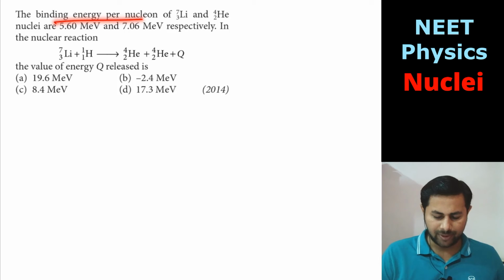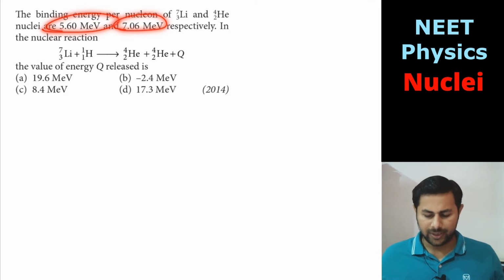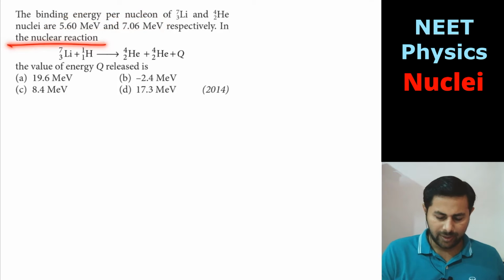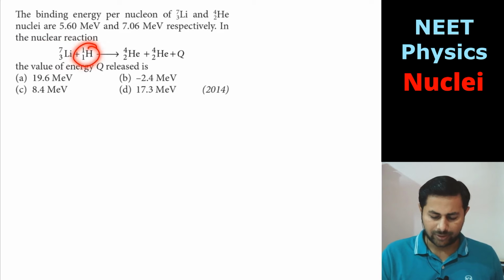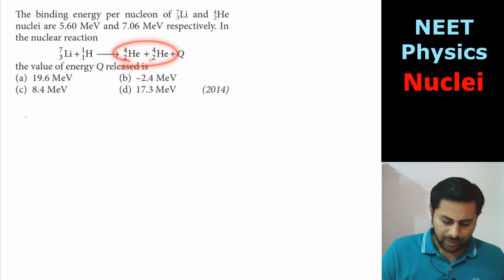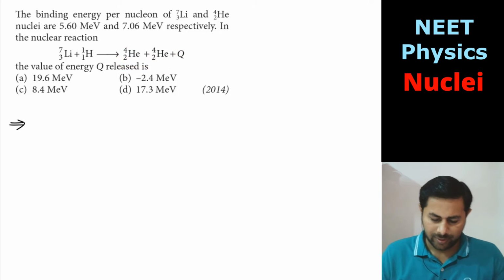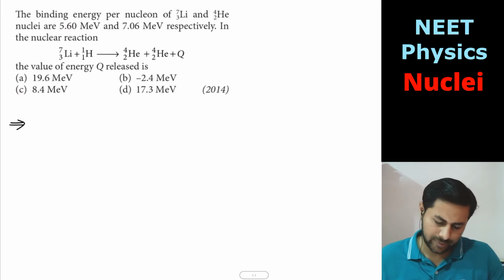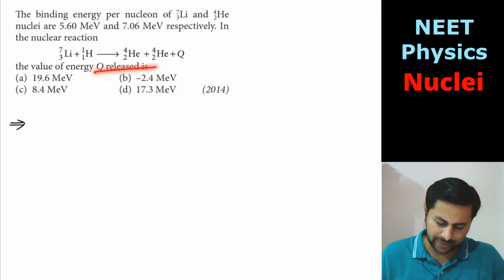The binding energy per nucleon of lithium and helium nuclei are given respectively in this nuclear reaction. So one lithium plus hydrogen gets converted to this. So this is a fission reaction, right? So we have this formula. The value of Q released is,